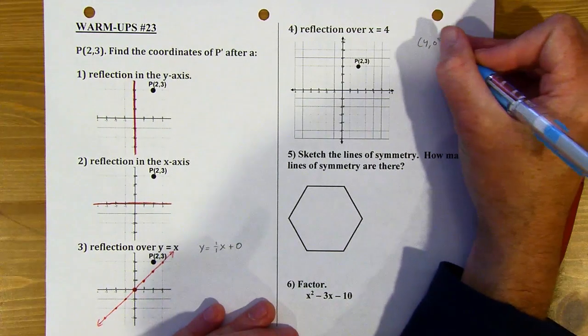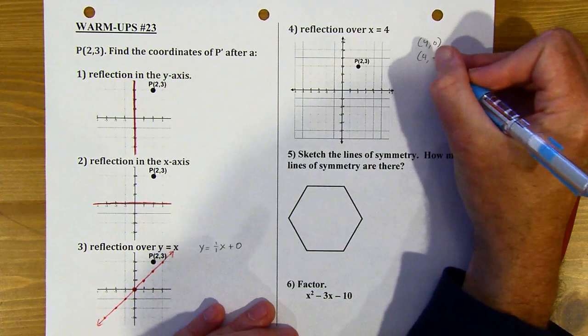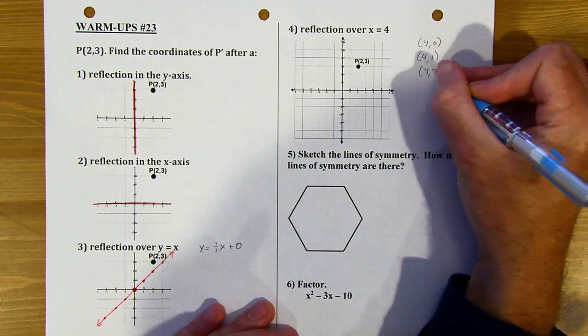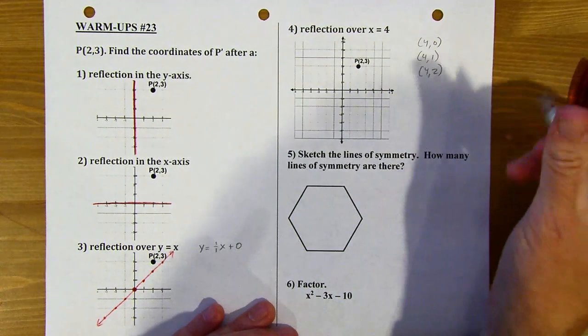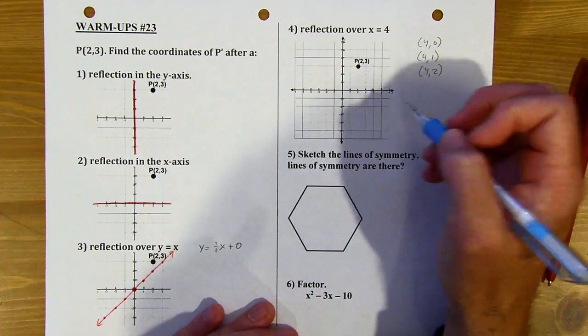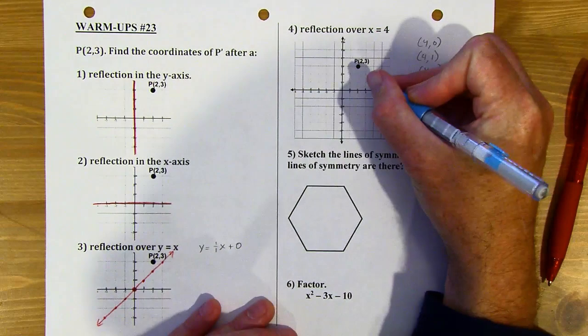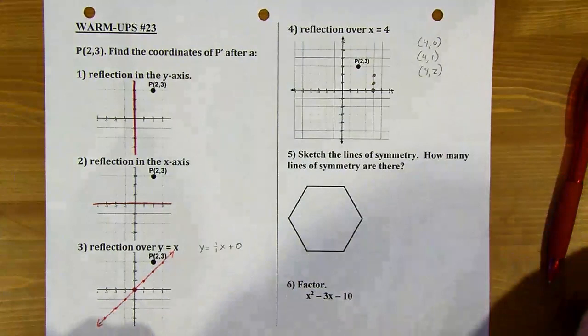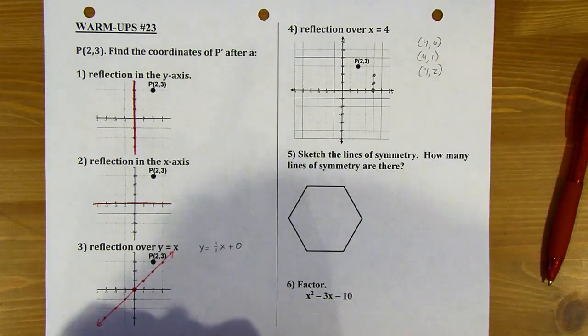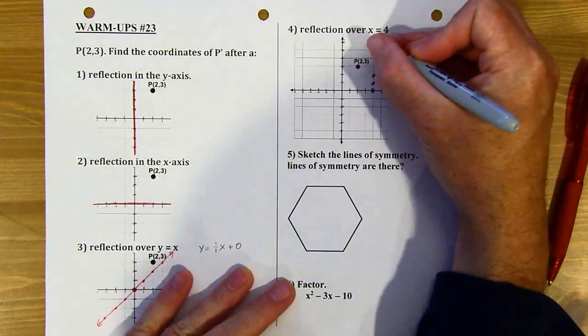You can put in anything you want for y. I'm just going to put some nice round easy numbers, right? And if I start plotting those, all of those have x equals 4. So I've got 4, 0, 4, 1, 4, 2, and I could go on all day, and really quickly I can see that this is a vertical line,